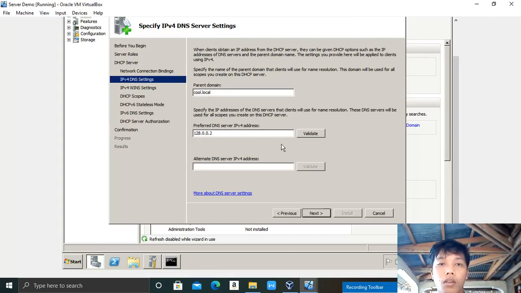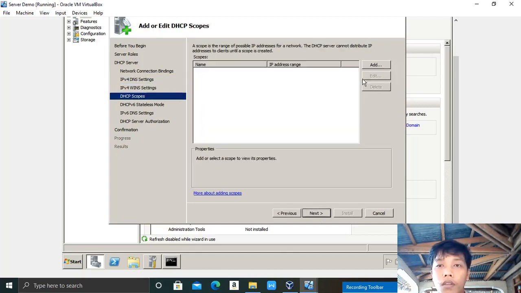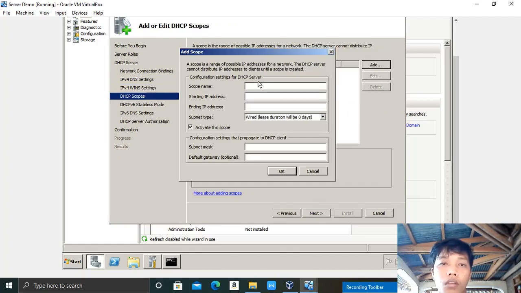128.0.0.2. Let us validate if correct, valid. So next, then click next, then here in the add, let's say the scope name, call that scope, then the starting IP address,